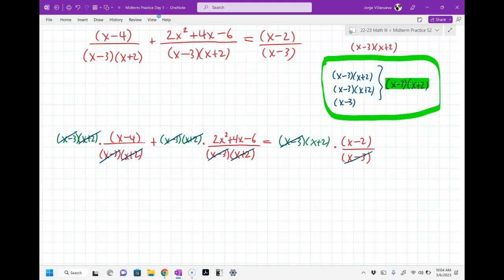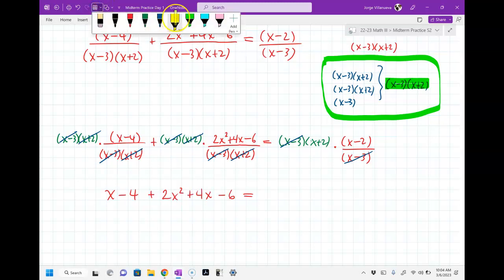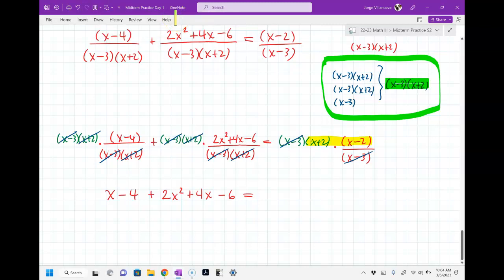But that means all my fractions are gone. So let me rewrite what I have. I have an x minus 4 plus 2x squared plus 4x minus 6 equal to,